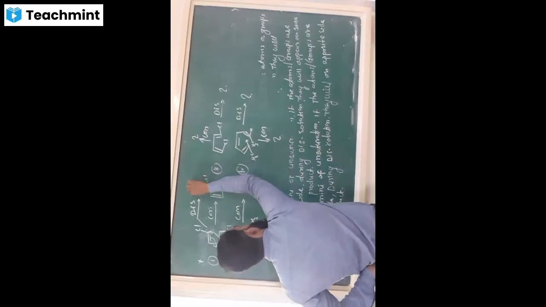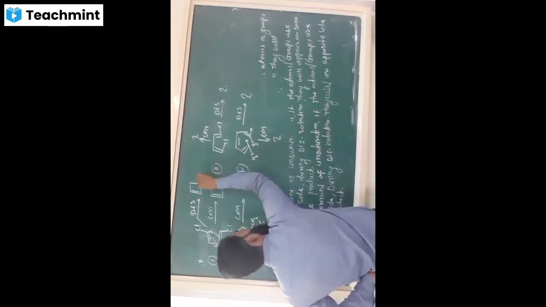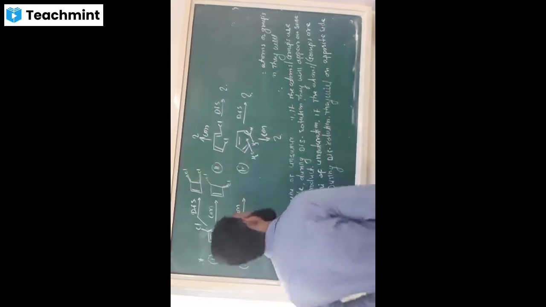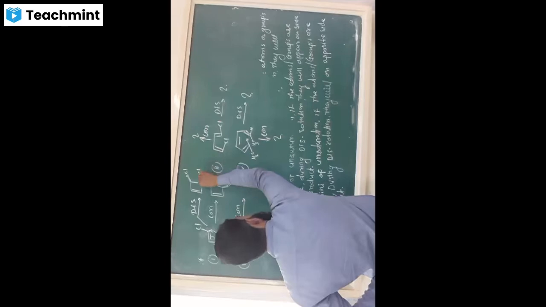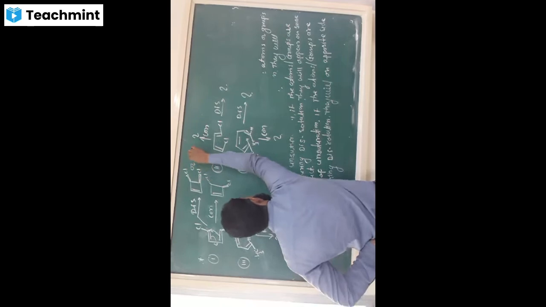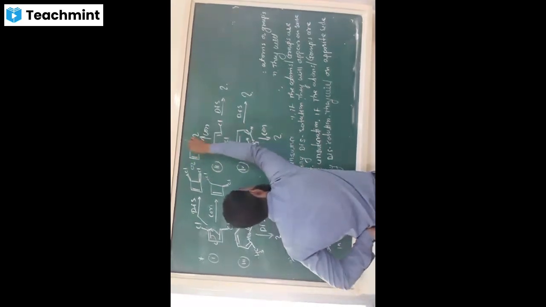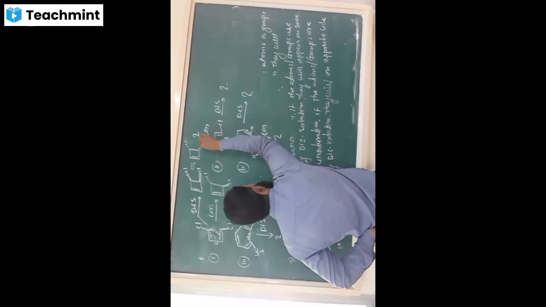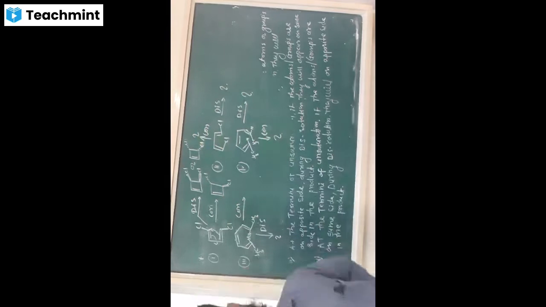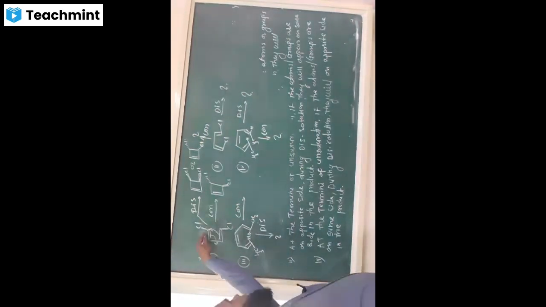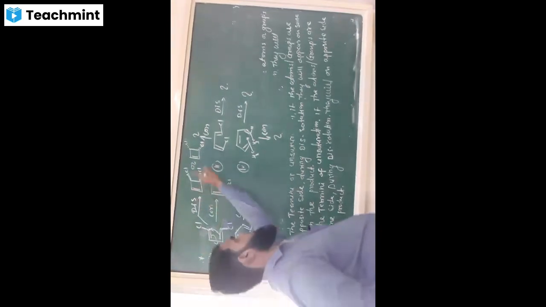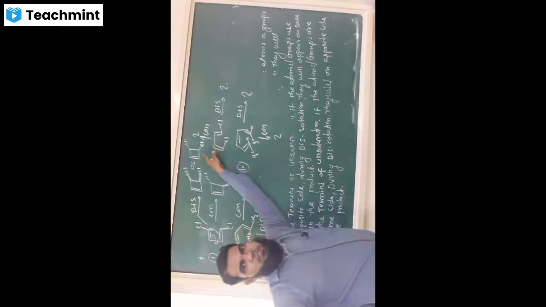In disrotation, the opposite side groups appear on the same side in the product. So we may write it like this. Both the chlorines with solid wedge lines are the product of disrotation, or we can say we will get another diastereomer. This is Cl, this one is Cl. In the reactant, both the chlorines are on opposite sides. In disrotation they appear on the same side. In the product they will appear on the same side.